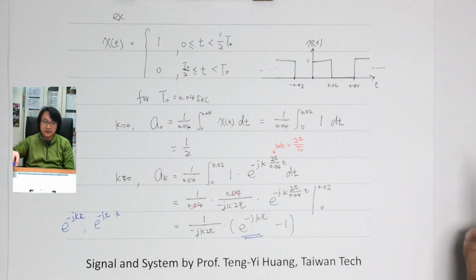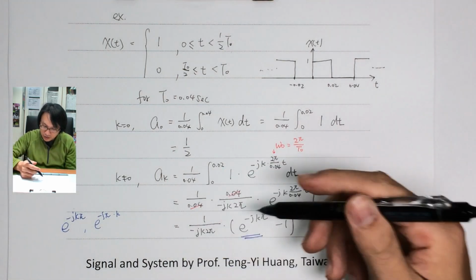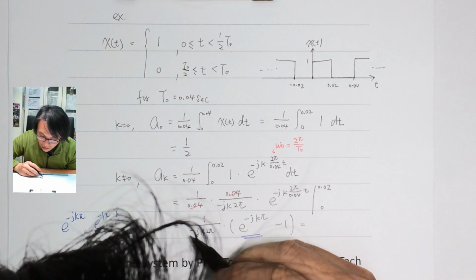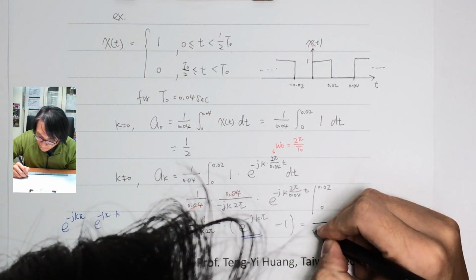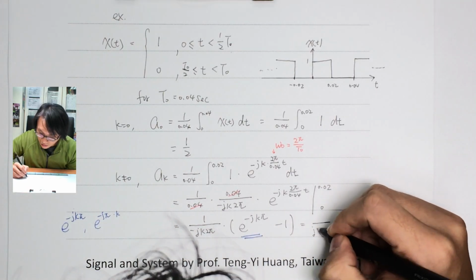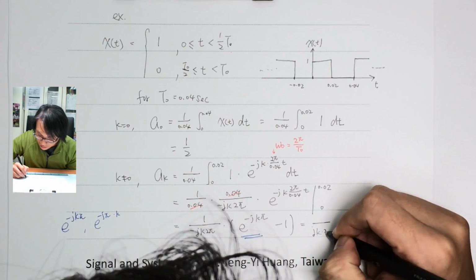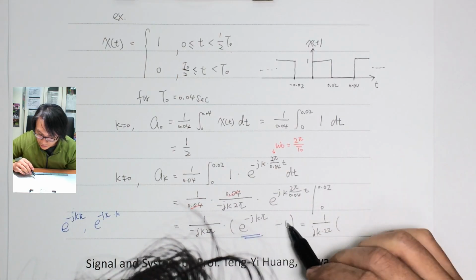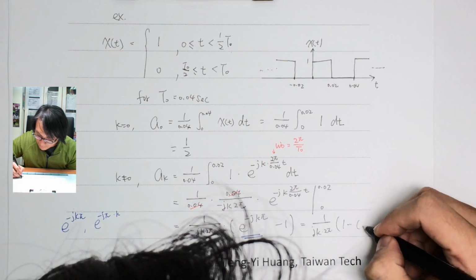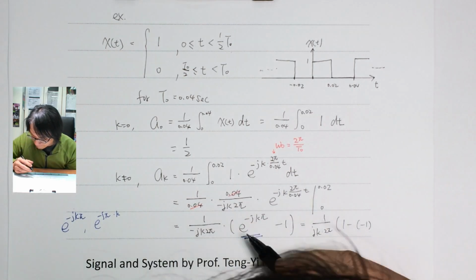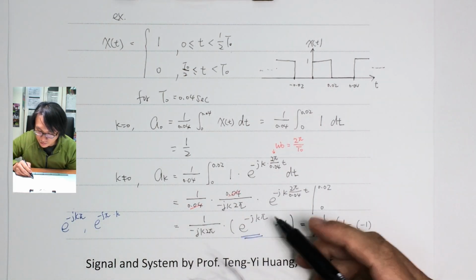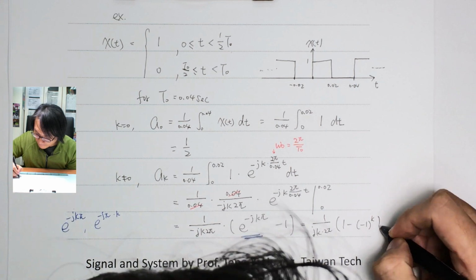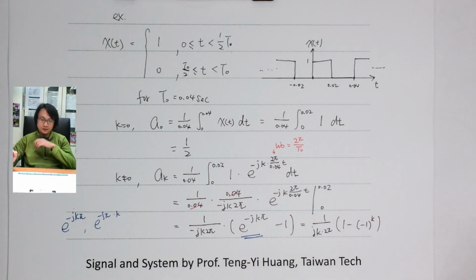Then we can simplify it to bringing the minus sign in, giving 1 over j 2 pi k, and then multiplying by negative 1 gives 1 minus negative 1 to the power of k. Since e to the power of negative j pi is negative 1 raised to the k,